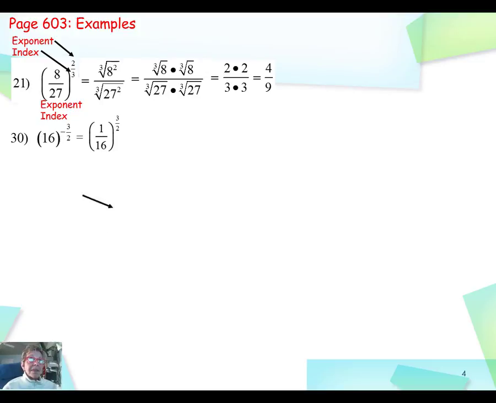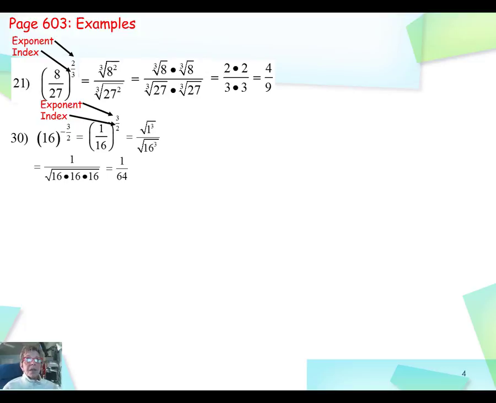Now keep in mind that the numerator is your exponent, the denominator is your index. I'm going to change it into radical form, and I get the square root of 1 cubed over the square root of 16 cubed, which gives me 1 over the square root of 16 times 16 times 16, baby steps again. The square root of 16 is 4, so that gives me 1 over 64